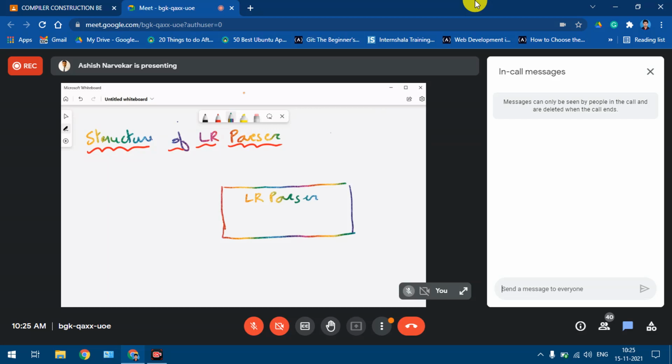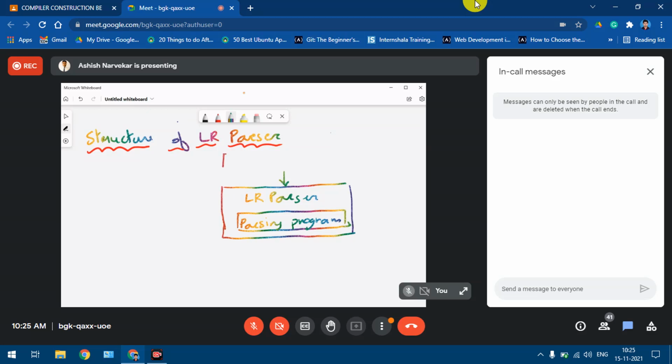Now what this parser basically is, is a parsing program. Some instructions, some rules which define how the input will be processed. For this parser to work on, what it requires is the input.